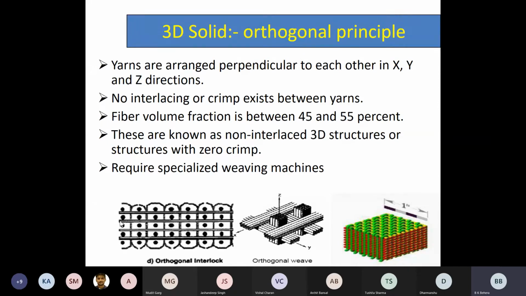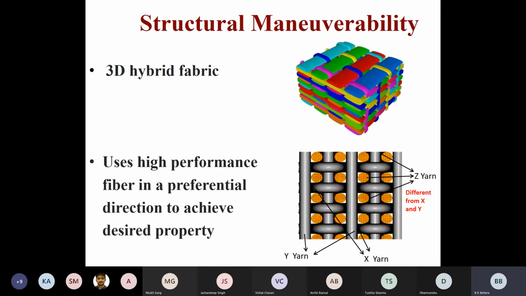But if you are producing this as a single structure from 3D weaving technology, then converting the fabric to a composite material, what advantage do we get? We get high interlaminar strength because they are an integrated structure. When this structure is subjected to impact force or bending stress, then these layers will not be delaminated because it is a single integrated structure. That is the point what is written here.